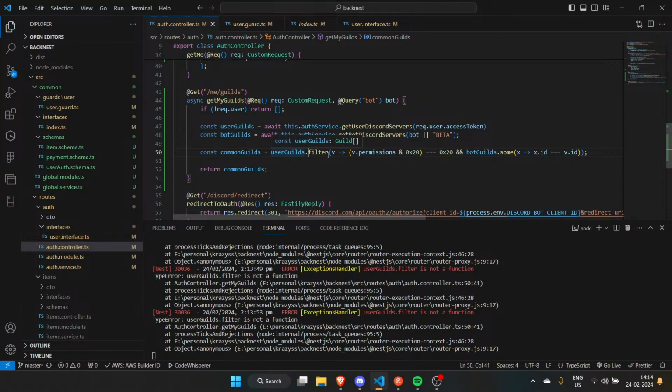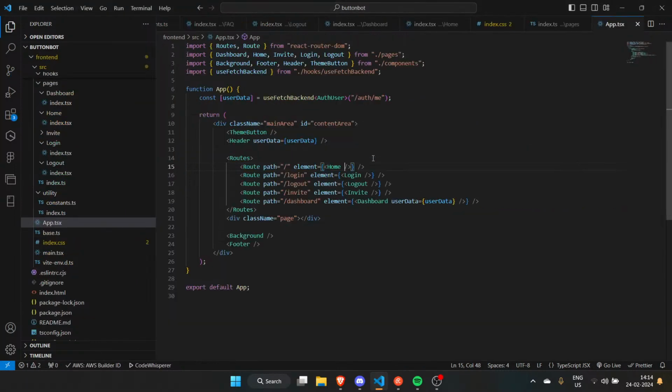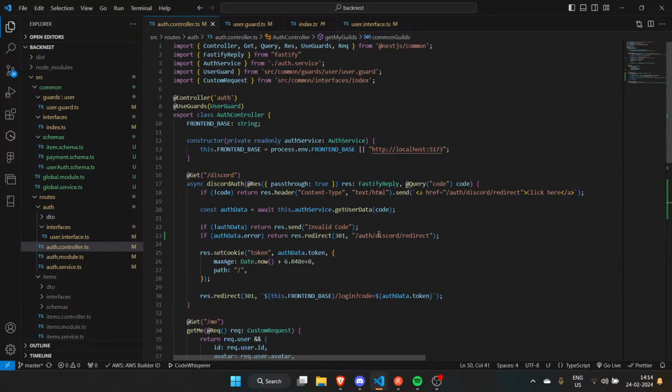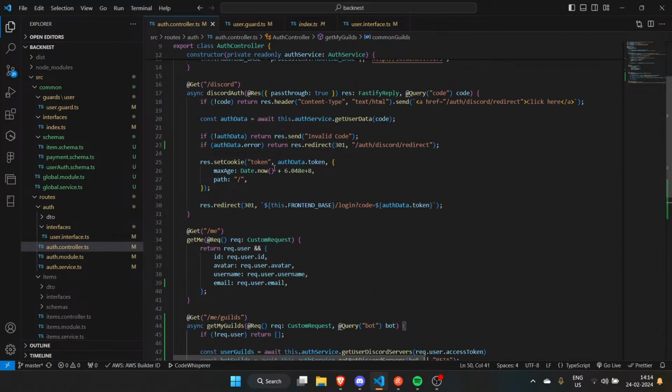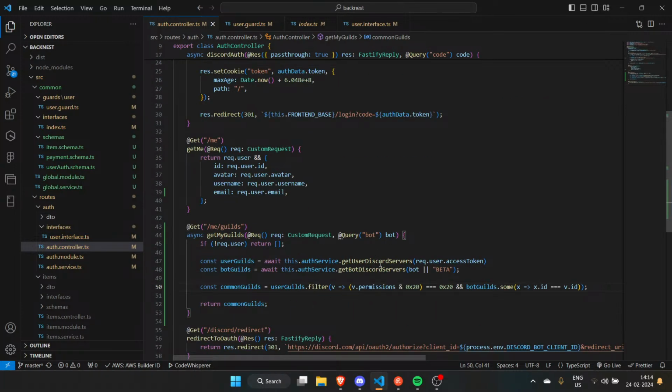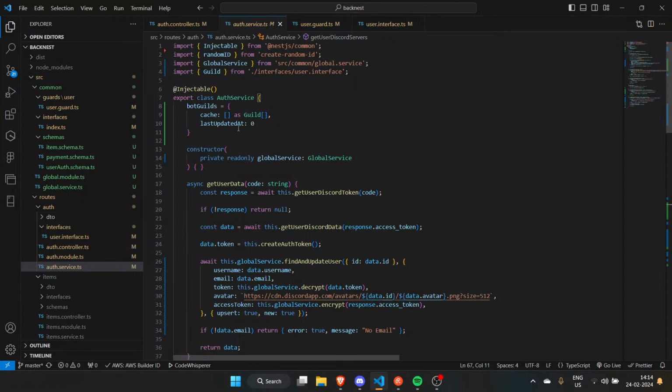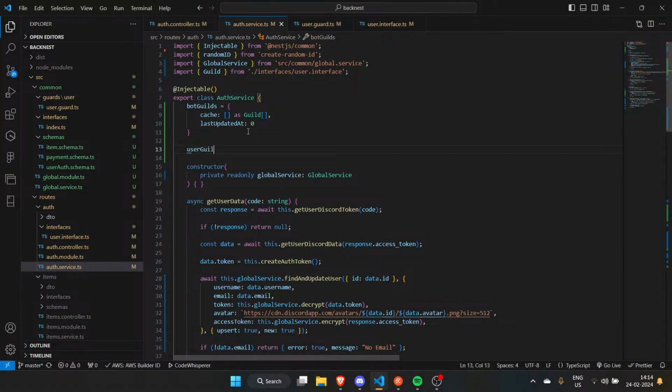User guilds dot filter is not a function. I guess I rewrote it a bit too much or something. Rate limit. Ah, that's possible. I guess I will do some caching. It's caching time. Maybe let's go to the user Discord servers. User guilds will be a new map.